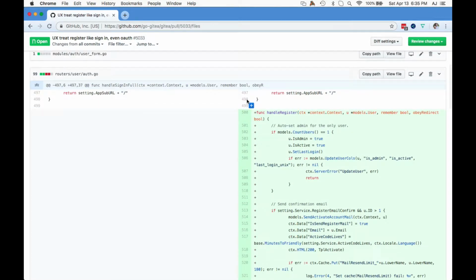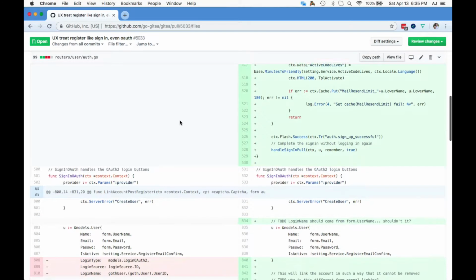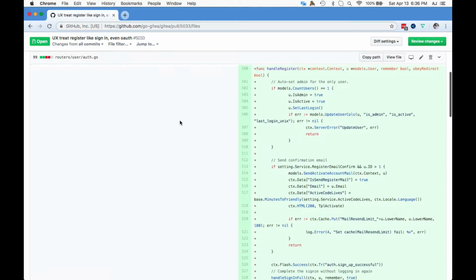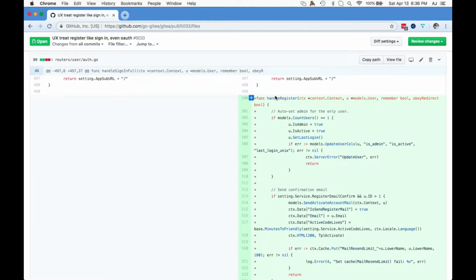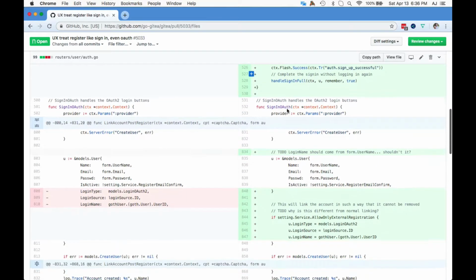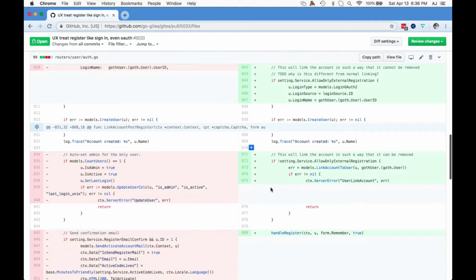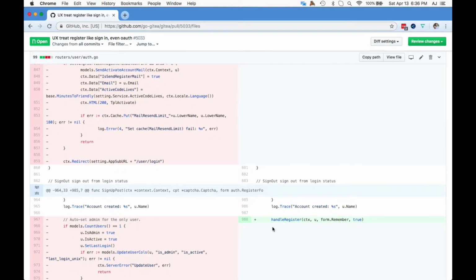So there was some functionality that was common between handle sign in and handle register and handle something else. And what I did was move all the stuff that was common into its own function. I think that's what handle register is here. And then I switched up a couple of other functions so that they would be consistent. Yeah, that's what we're seeing right here.